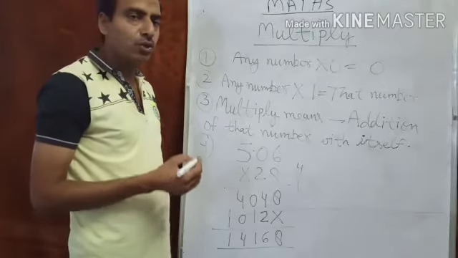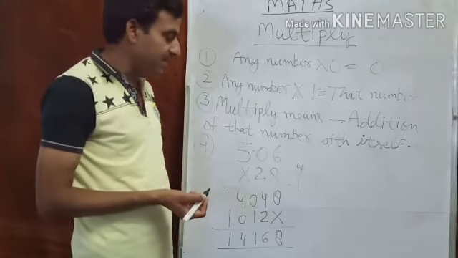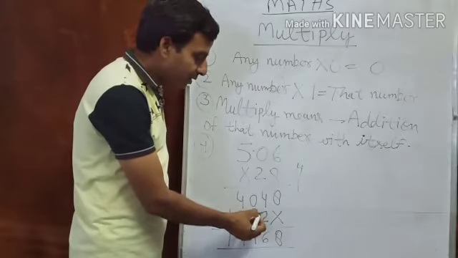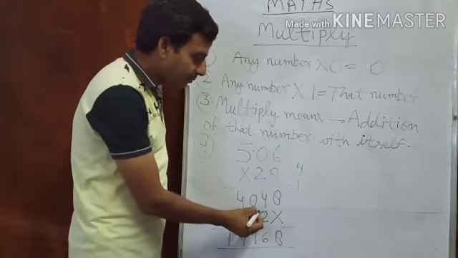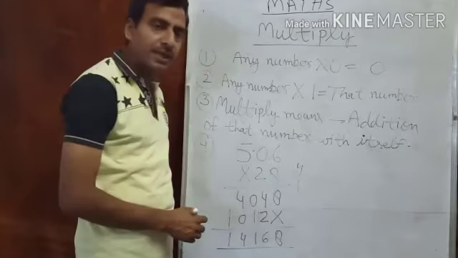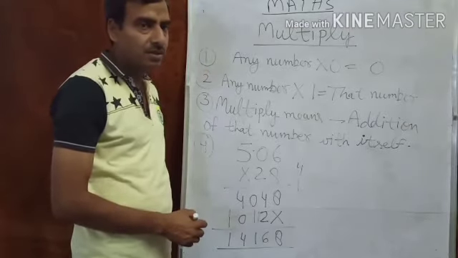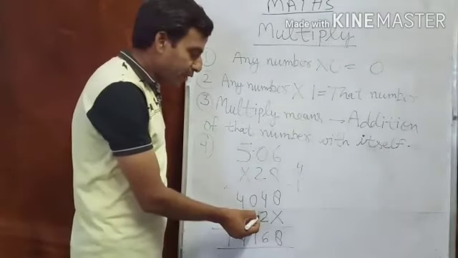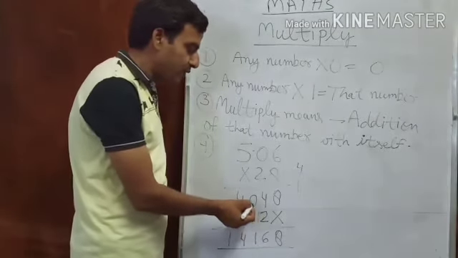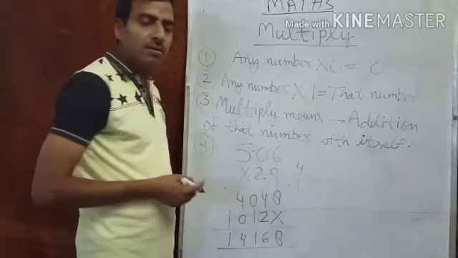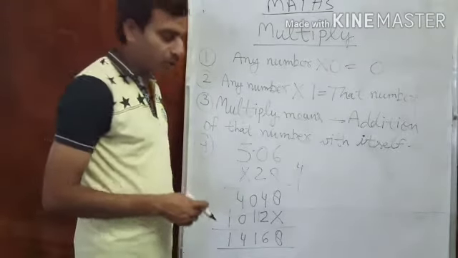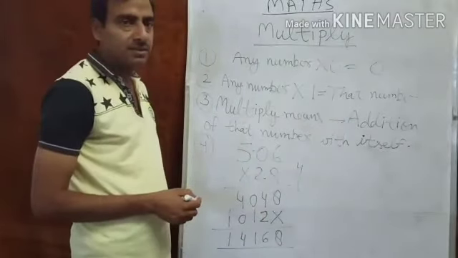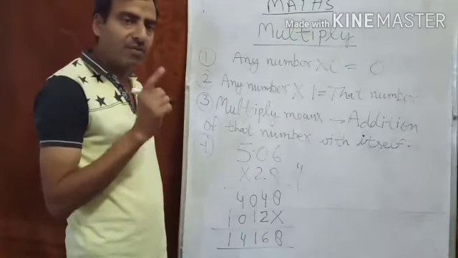In this, students commit many mistakes. Like this, we will write 12 like this. At the place of 1, we write 1 over here. This is the wrong method. By this way, you can be confused: the 1 you should add to 4, you may add to 0, so a mistake may be possible. Every digit you write under the digit, one digit under one digit.